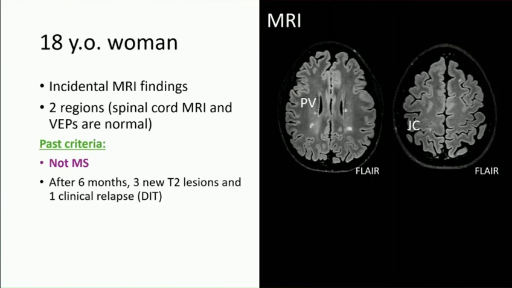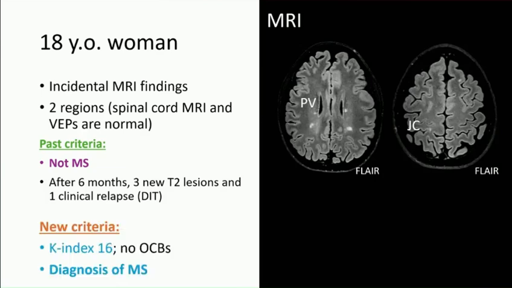She was RIS. But actually, after 6 months, she had 3 new T2 lesions and 1 clinical relapse. So we demonstrated the DIT, but actually, this lady already had MS. It was just a matter of classification. With the new set of criteria, this lady would have been MS already at the time of the first MRI